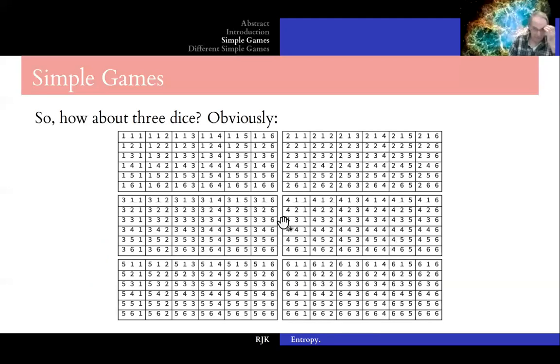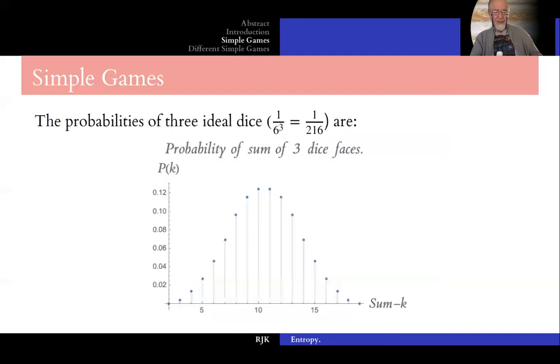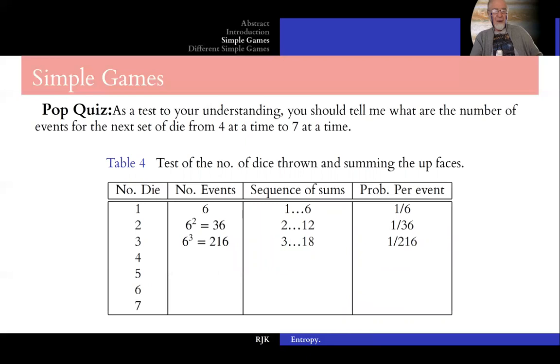How about 3? Well, you can look, all of these have 1 with all of the others, then 2 with all of the others, 3 with all of the others, 4 with all of the others, 5 and 6. So obviously the probability of each sum is 1/216, and when you look at it, suddenly it starts looking a little bit more normalish coming along here. Okay, so taking a look at what we've been talking about,